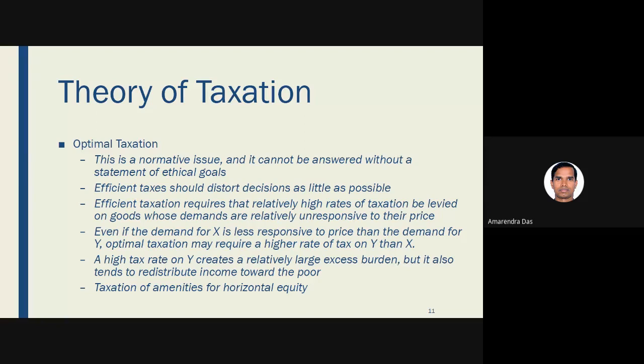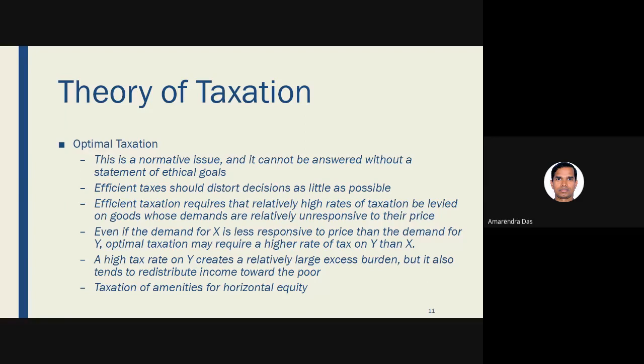In economics, we also use a theory called the ability to pay theory, that the people who have higher ability to pay should pay more. That means it is only the rich people who buy the comfort or luxurious commodities who should pay higher, not on the necessary commodities. Necessary commodities are consumed by everyone, of course. The poor people consume as well as rich people consume.